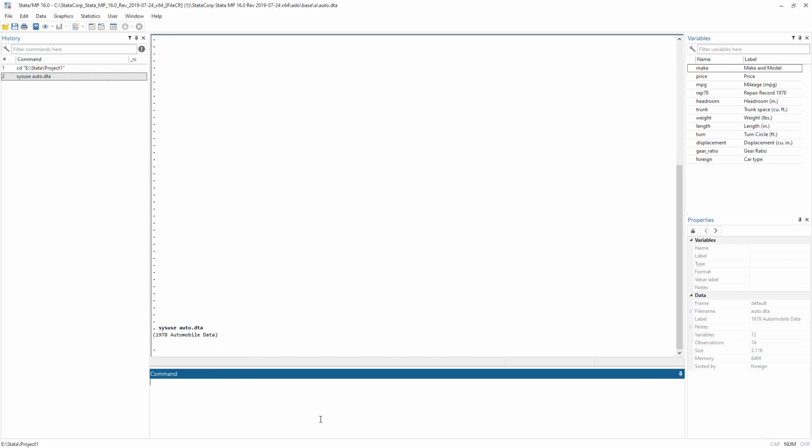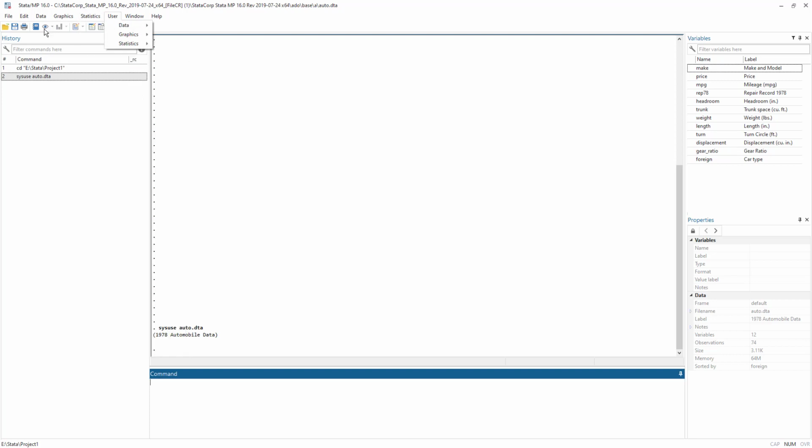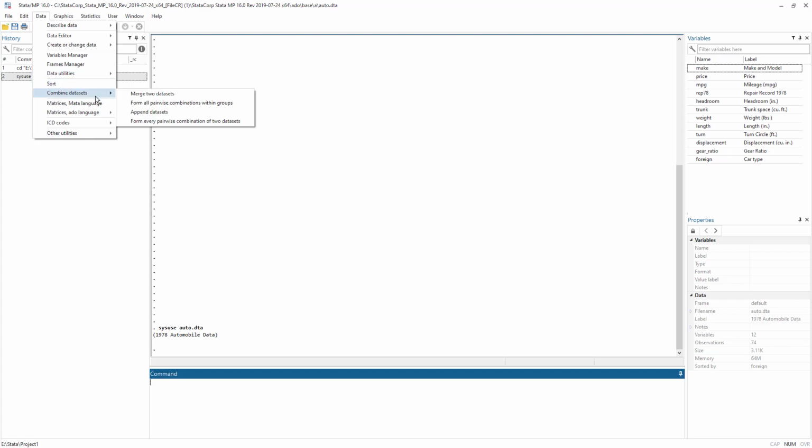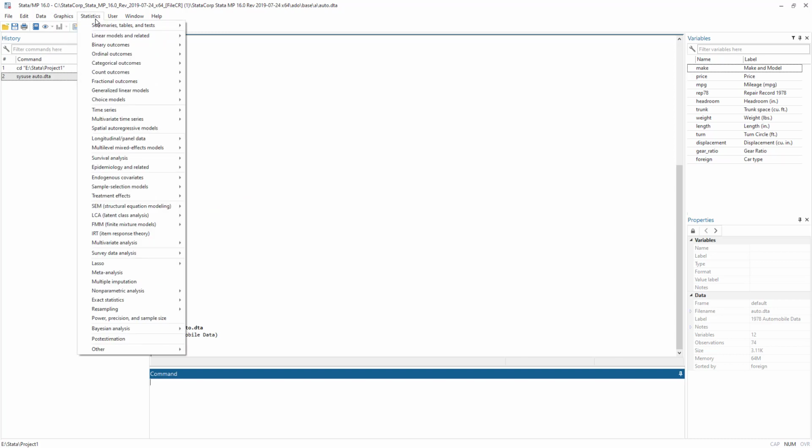First I would perform the simple summary statistics. Whenever I am going to perform some data manipulation, create or change a variable, or combine datasets, I go to the data menu. If I wanted to generate a histogram, bar chart, line chart or anything related to graphs, I would go to the graph menu. And if I wanted to perform some statistical analysis, then the statistics menu is where I need to go.